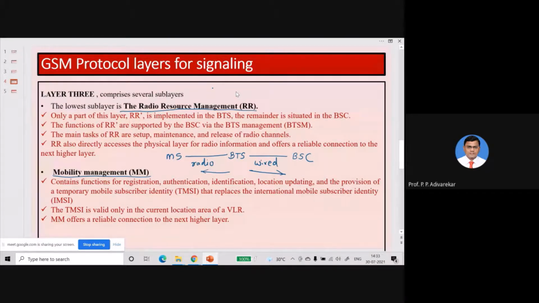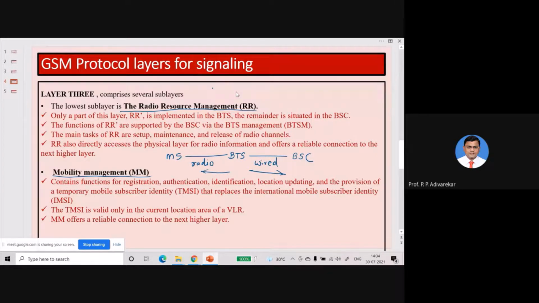So caller ID is also supported by the mobility management layer, and location updating is also supported by mobility management. So while the user is roaming around, its location is continuously updated, we know. So if the user stays within the same base station, then not much problem arises, because we know.